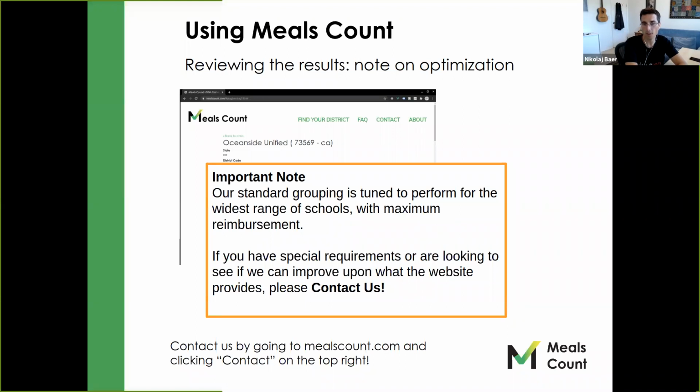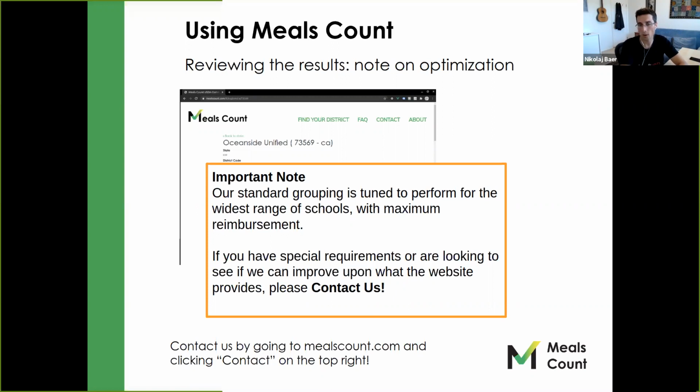As we get bigger and bigger schools, it's possible to tune it more. We've optimized the best blend of getting it done in a sane amount of time and working for as many districts as possible. If you're a larger school or interested in trying to tune that more, please do contact us. There's a contact button, the big contact link on the website, and just submit. We are definitely responding to people submitting, especially in this high season.